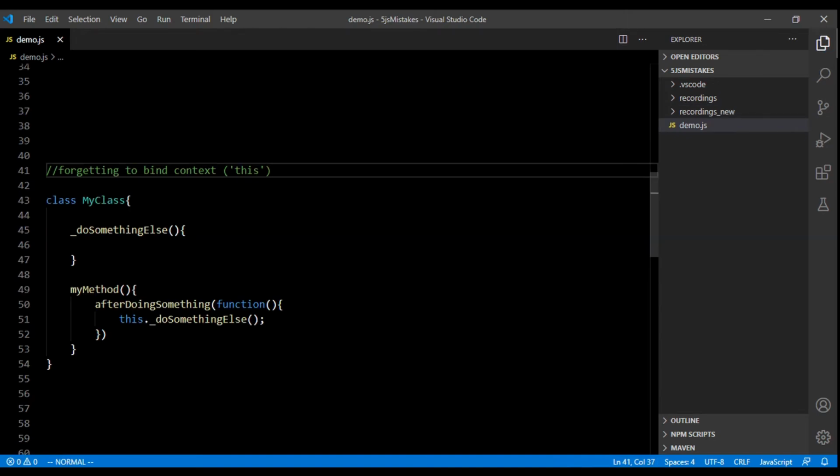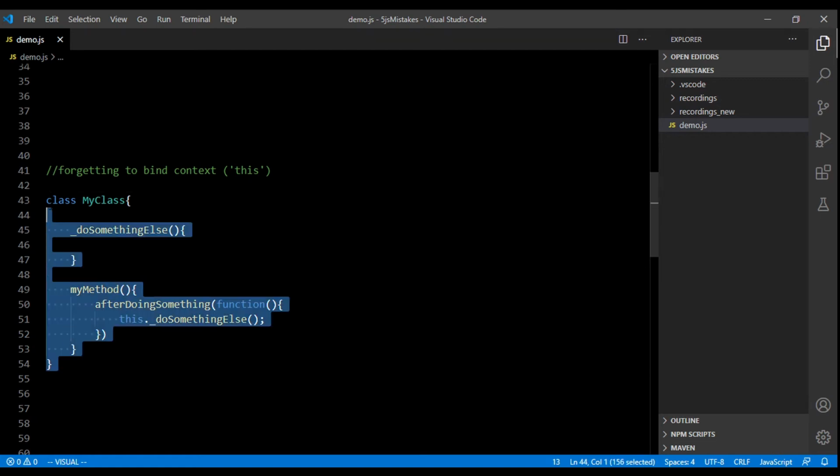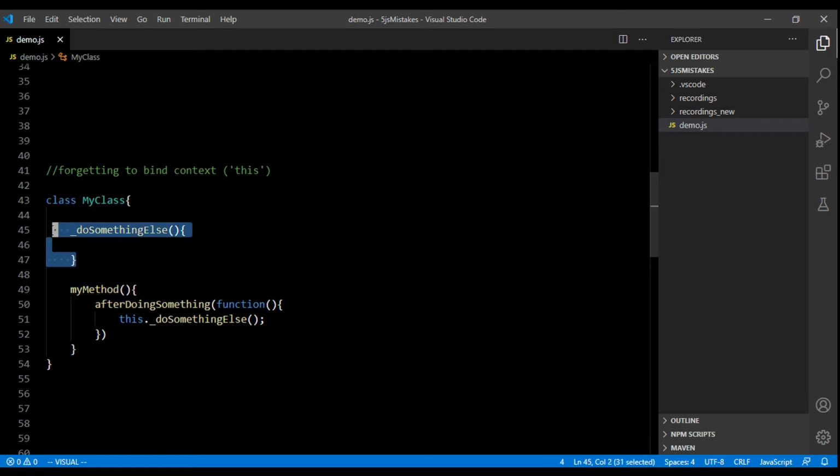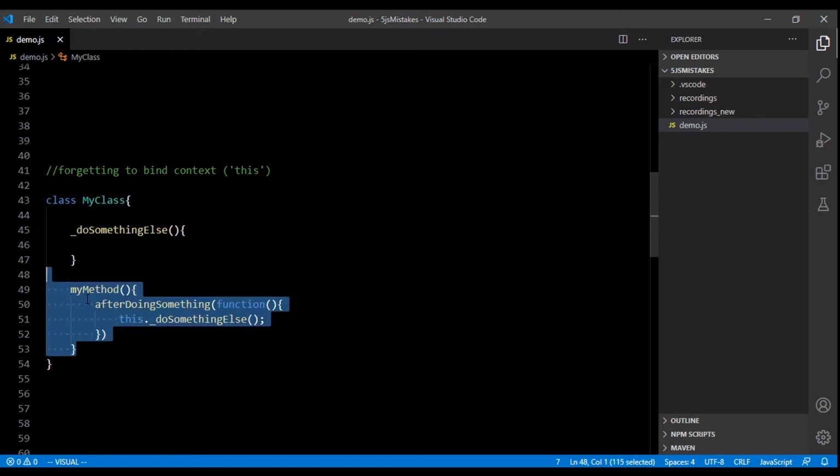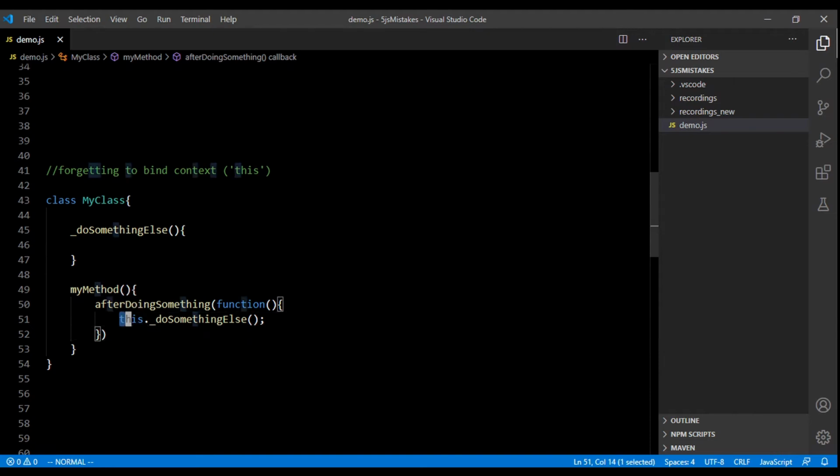The next on the list is forgetting to bind context. In this example, I have a class. In that class I have two methods: one is doSomethingElse, another is myMethod. In myMethod, I'm calling another function and I'm passing a new function. Inside that, I'm calling the private method doSomethingElse with the this keyword. Now the problem is that we don't know whether this will point to the object of that class or not,